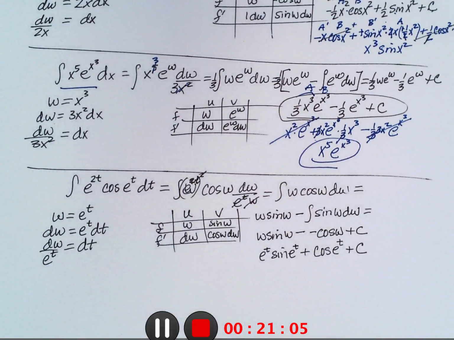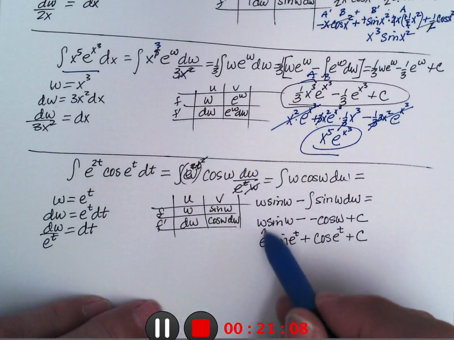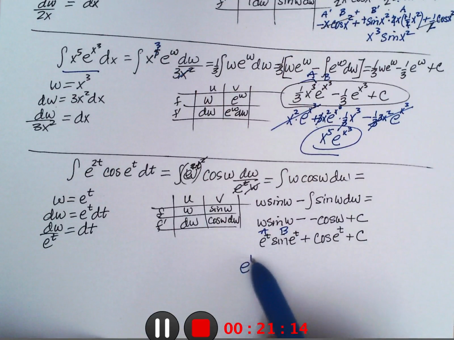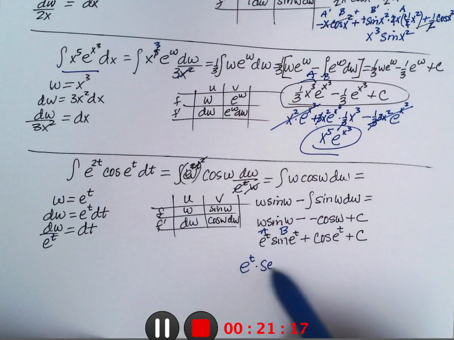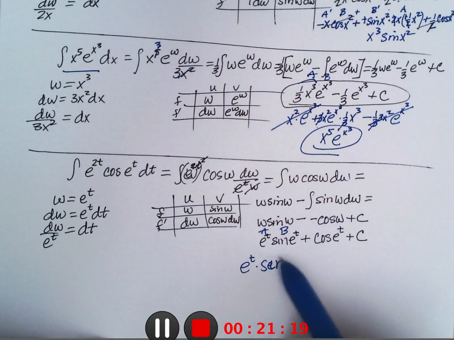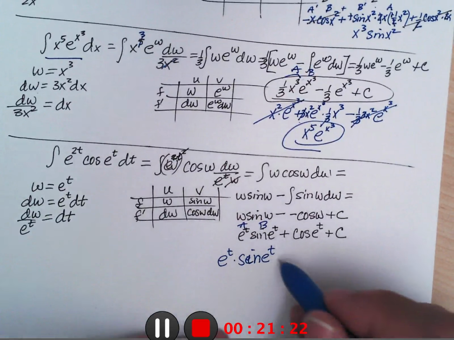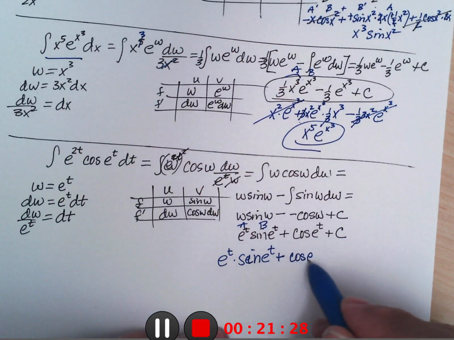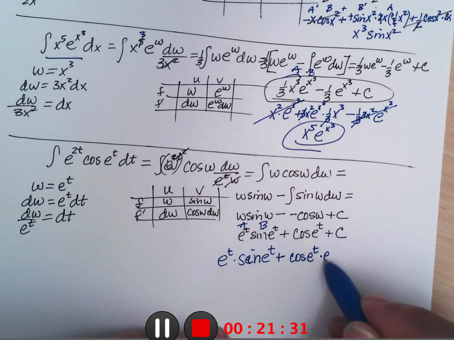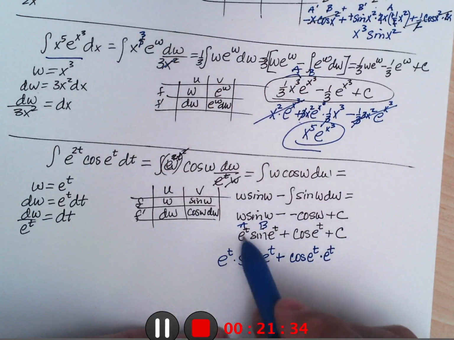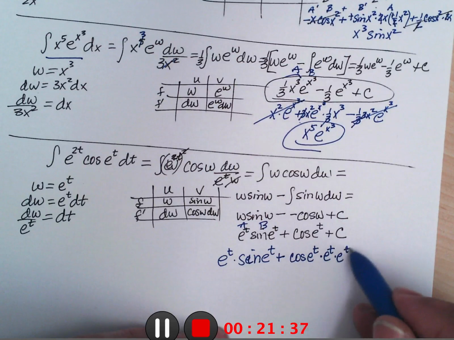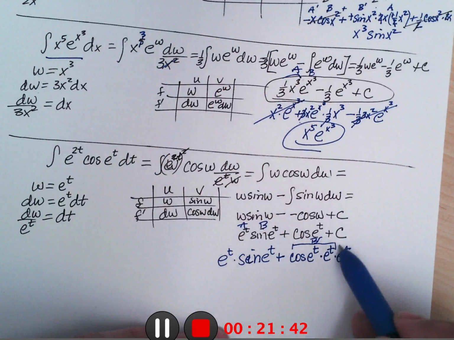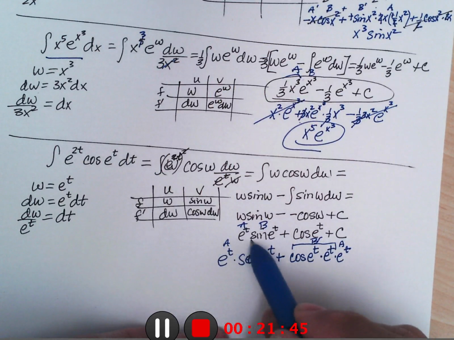If I check my work, if I call that a and b and do the product rule, a prime is e to the t times sine e to the t plus b prime, so the derivative of sine is cosine e to the t times the derivative of the inside, which is e to the t, times a, which is e to the t. So this is b prime, and this is a, this was a prime b,